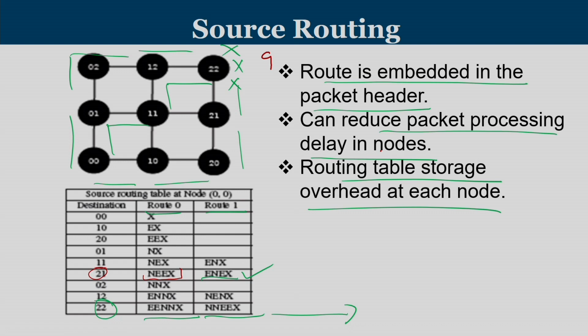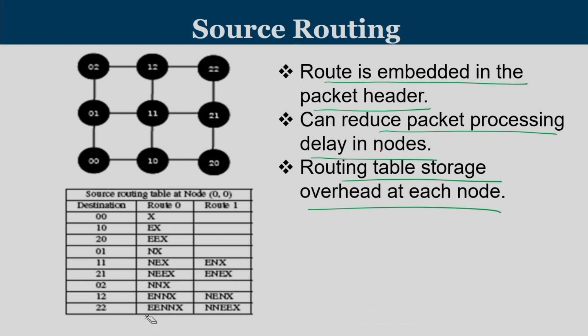This is a 3x3 network consisting of a total of 9 routers. When the number of routers becomes larger, let us say more than 50, then the table overhead is more. And the updating process of the table, let us say if one of the links is going to be faulty, in that case you have to update the tables of all the routers. That is going to be a costly operation. So, consider that this link is faulty. If the link is faulty, everybody who had an entry from 1.1 to 2.1, all those entries have to be corrected, which is going to be an overhead.